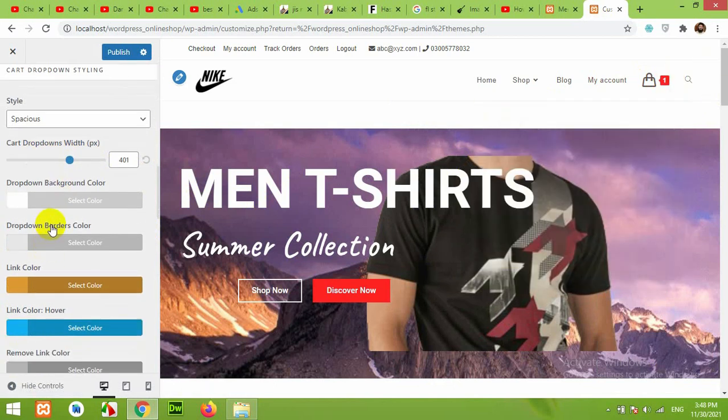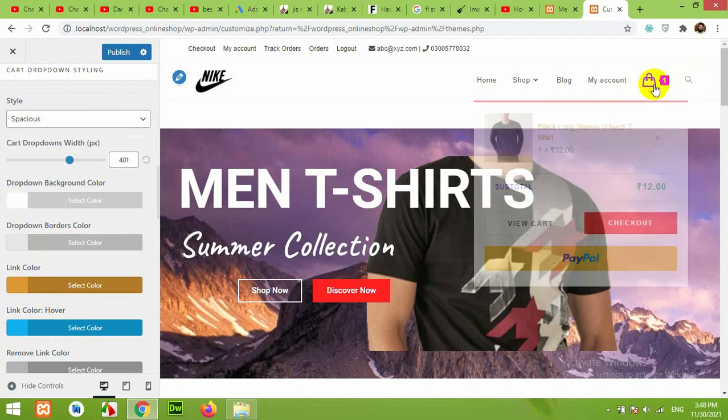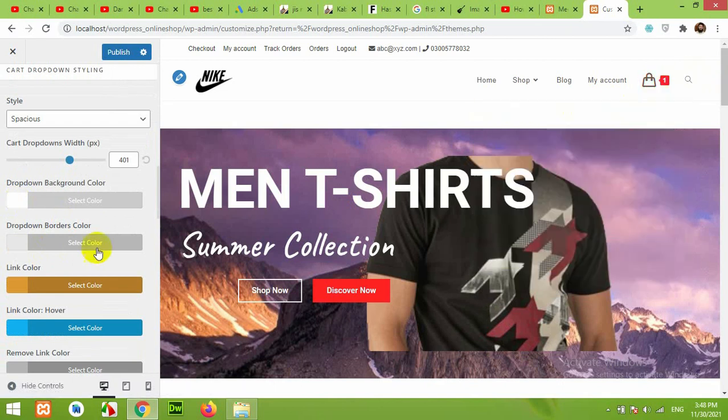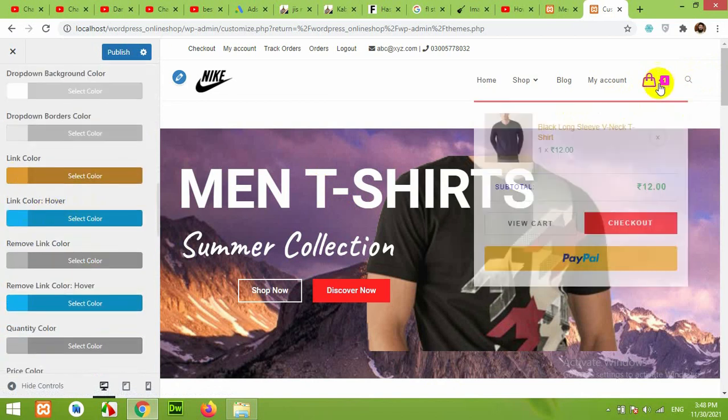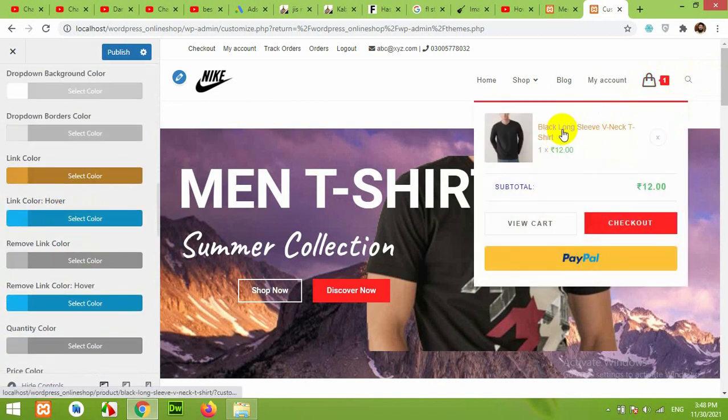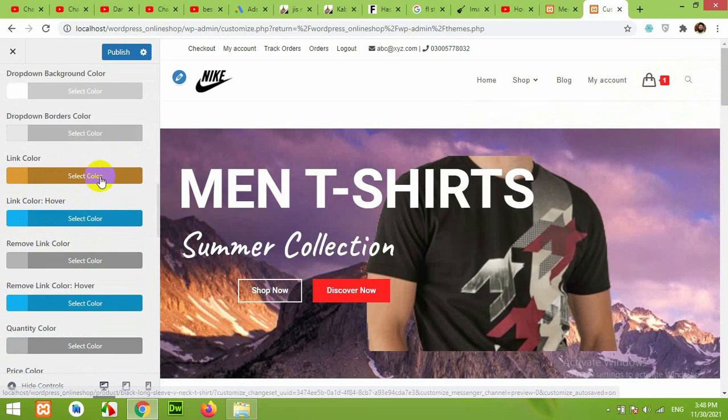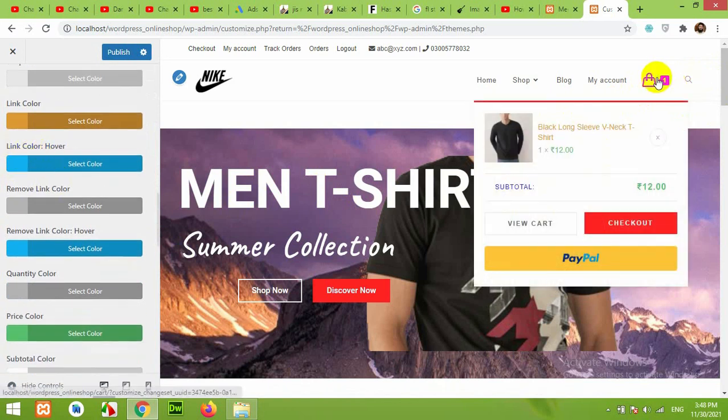Okay, the drop down background color, you can change it. Currently it's white. The border color is this silver type color, and the link color is this brownish orange, and the link hover color, there are no links in this.